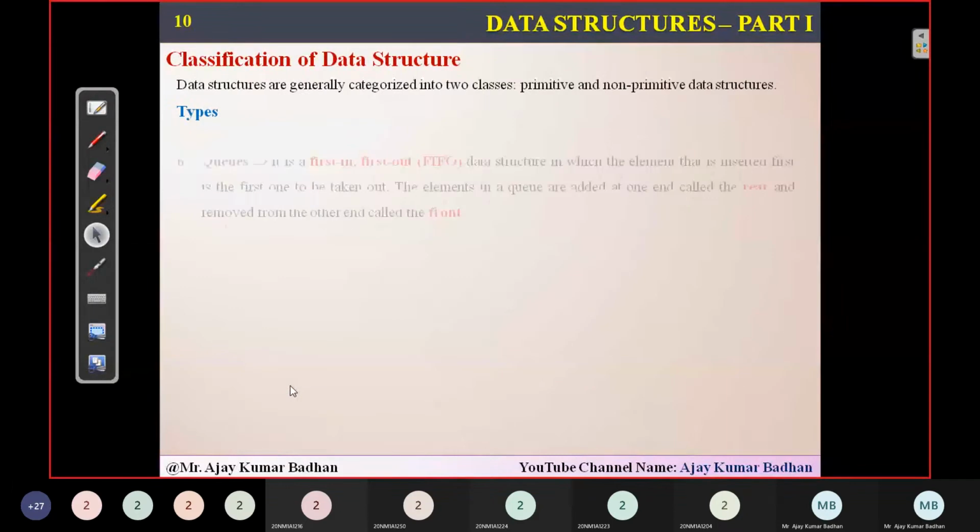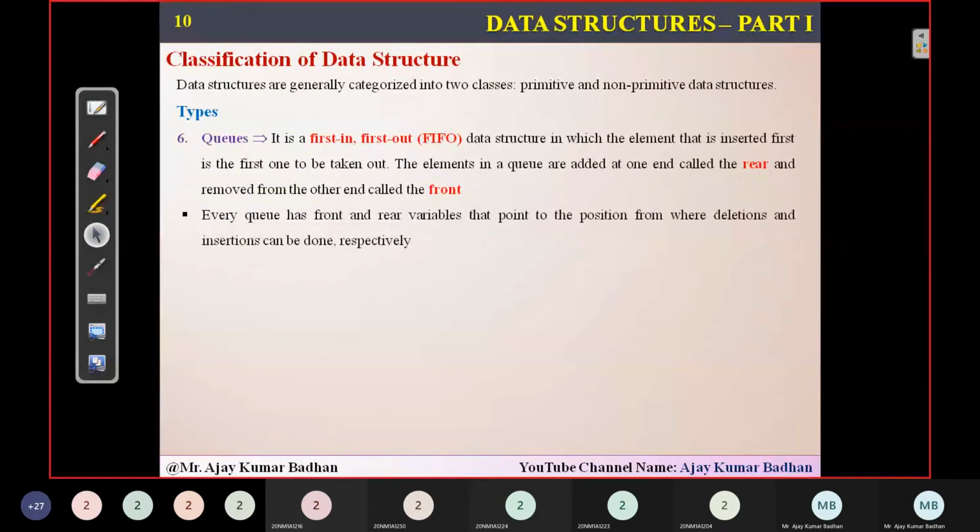And next what we have here is something called queues. The best example for a queue is people standing in a queue to get their movie ticket. You went to watch a movie in an Inox and you are standing in line. I know that nowadays you usually use mobile phones for booking slots and all. That's well and good, but I'm talking about the general sense. You go there, you stand in a queue or in a line, and you wait for your turn to get the ticket. That is what we call a queue.